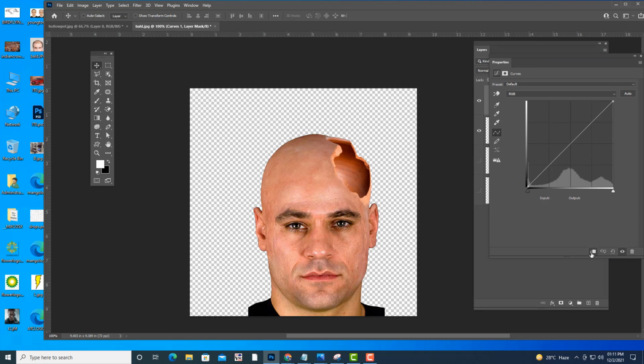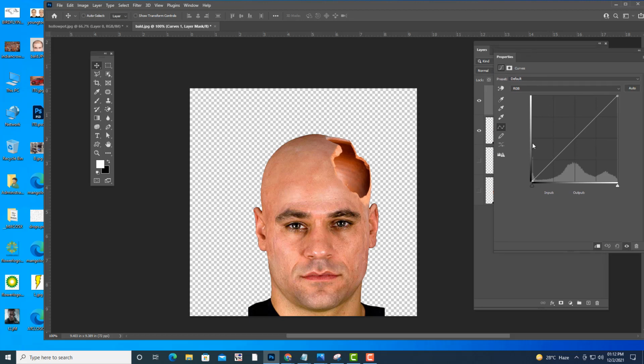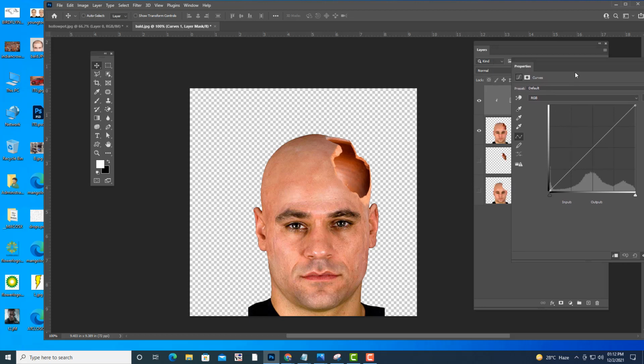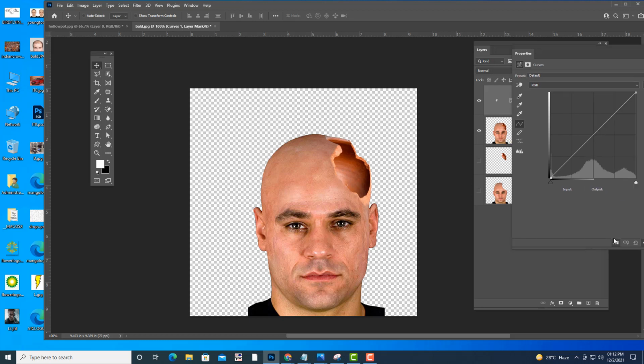See, I think, did I tell you about this? See this button. What is the meaning of this button is, whenever you apply curves to any layer, I am applying curves to this bottom layer, so it will affect only that layer. If you don't click this, the curves are going to affect all layers. But if you click this, it will affect only the active layer or the bottom layer. So that is something you should understand.